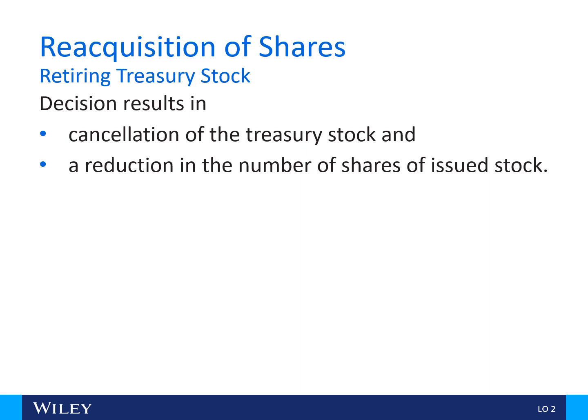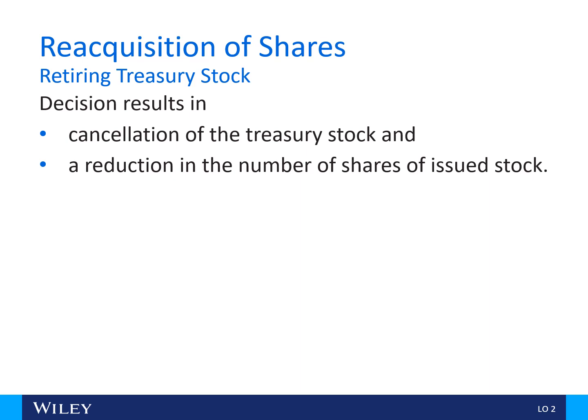So again, all accounting books basically have this as an example. The reality is that most companies usually do not retire treasury stock. If you do, it's basically going to reduce the number of shares issued. Remember, there's authorized, there's issued, there's outstanding, and the difference between issued and outstanding is treasury stock. Treasury stock is considered to be issued, but no longer outstanding. Only common stock that's not reacquired is considered outstanding.